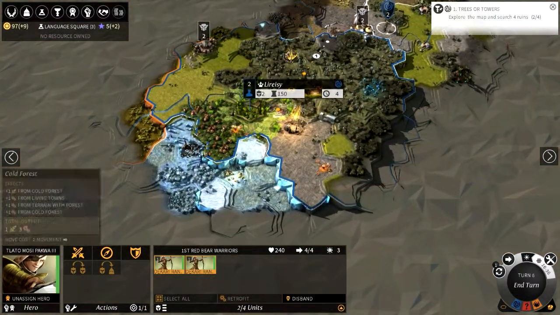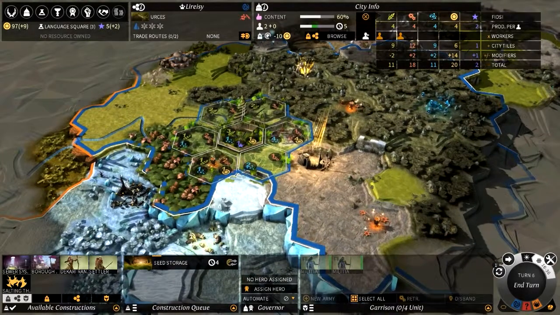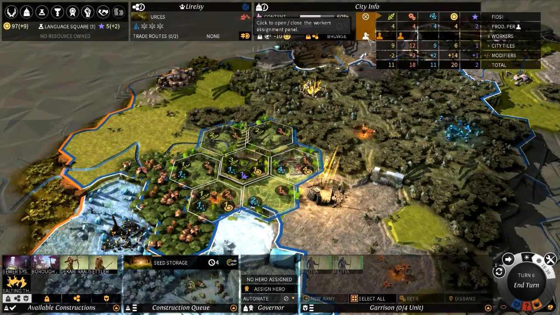I kind of cut them all off with a wall, essentially. Now, what I'm interested to see is how much would it cost to build a settler. It costs 8 turns and it costs a person. And I don't really want to...